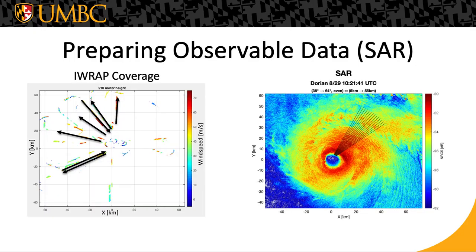We're trying to create this sample that is as equivalent as possible for SAR and IWRAP. So we're trying to make the data coincident with radius, resolution through interpolation, and track length. So we iterate with each degree in polar sections of SAR in the inner core of the storm. So it's a very large domain of data. We can kind of pick and choose what we want. So we make it coincident spatiotemporally with IWRAP as close as possible, and then draw statistical comparisons from there.